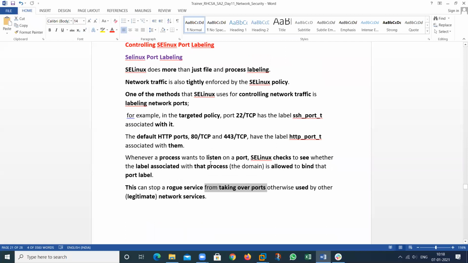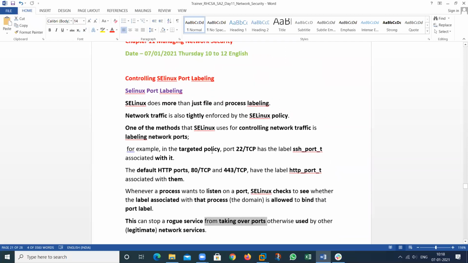So in this, what I have learned is about port labeling, how to apply SELinux port labeling and how to enable it. Suppose I am using an SSH server and I want to change this particular port in a LAN environment, then what will I do? Because port 22 is by default allowed by SELinux.